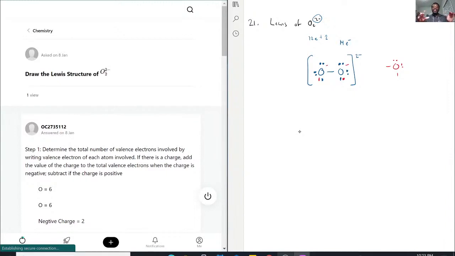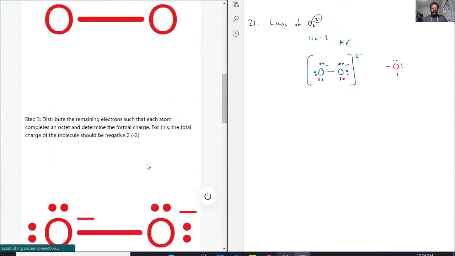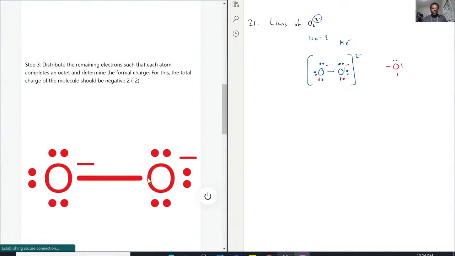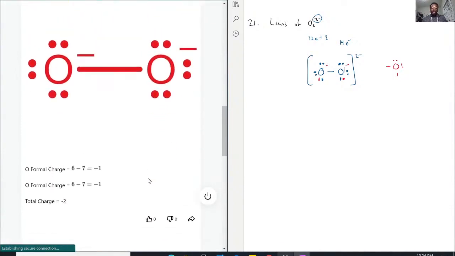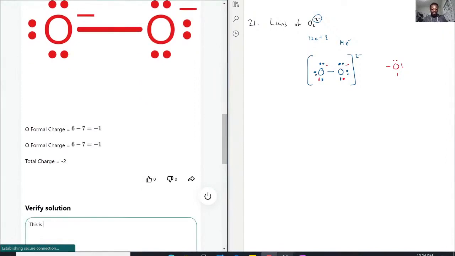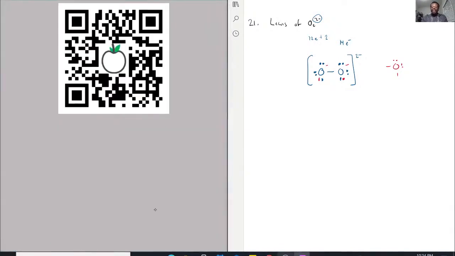So as you can see, because these 2 oxygens both had a formal charge of -1, that is how the whole polyatomic ion has a charge of -2. And that would be the Lewis structure for O2 2 minus. So there you go, the bond, and then they filled it in, and there you see the 2 formal charges. And that would be O2 2 minus. This is correct. So let's move to question number